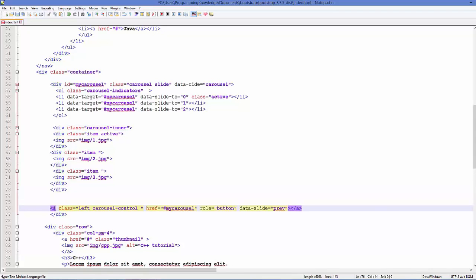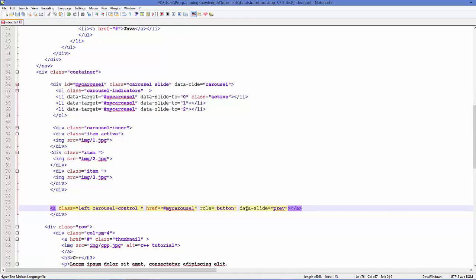So just add a and add a class called left carousel-control, and then add an href or reference which refers to our ID called myCarousel, which is this one,